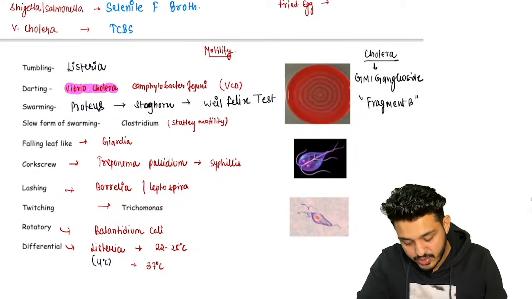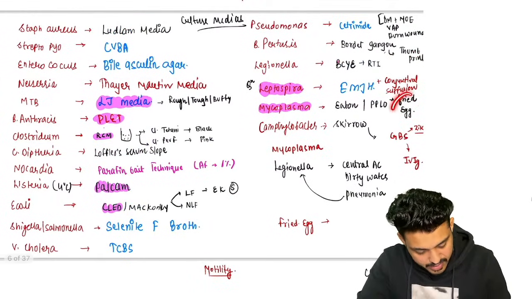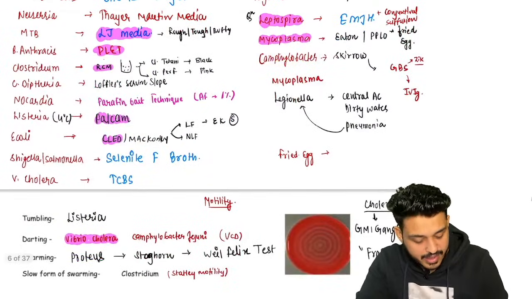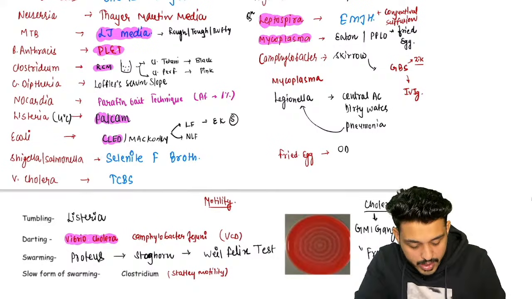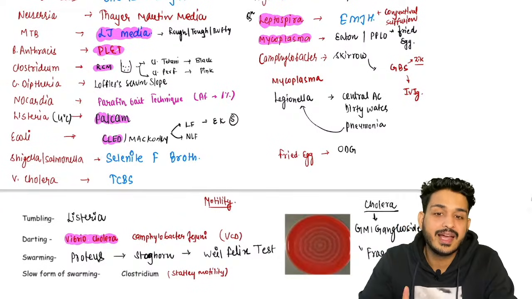One I have mentioned right here. 2 others you have to tell me. Also you have to tell me about the fried egg appearance. Remember, 2 fried egg appearances: you are going to find oligodendroglioma, which you have studied in pathology. And the second fried egg appearance you are going to find on the SD agar when you put that